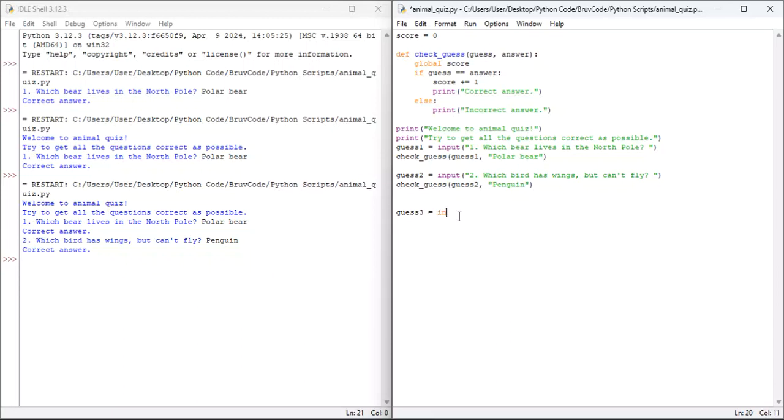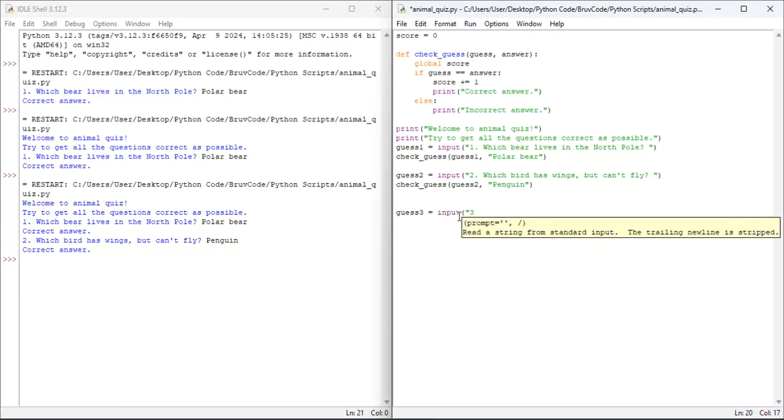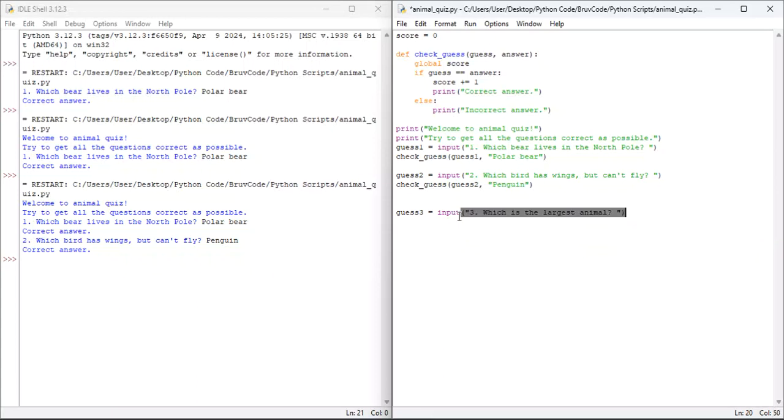So let's say guess 3 equals input, which is the largest animal. Now we're going to check the guess and say guess 3 and blue whale,